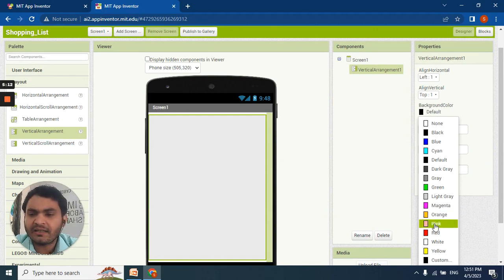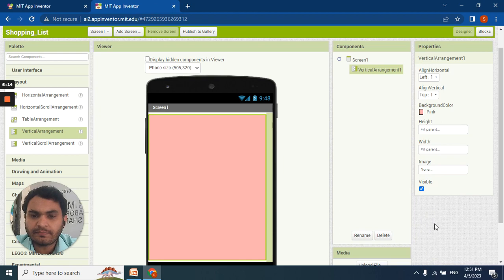I am selecting pink. In the same way, let me change the align horizontal to center. So whenever I place a component, it will be placed at the center of the screen.